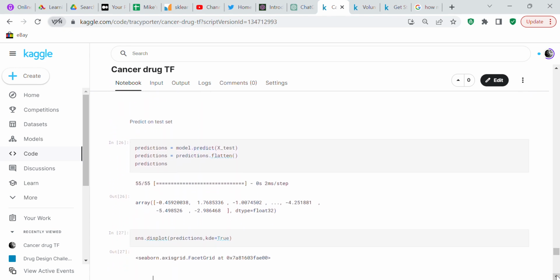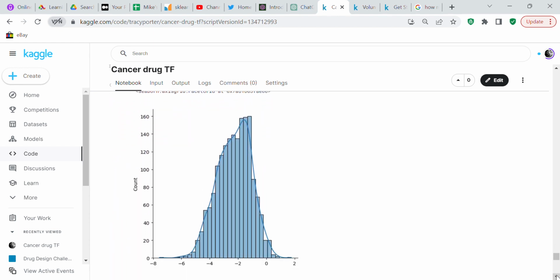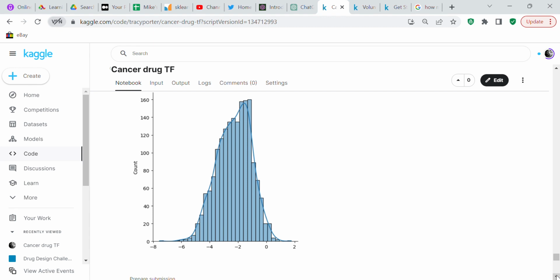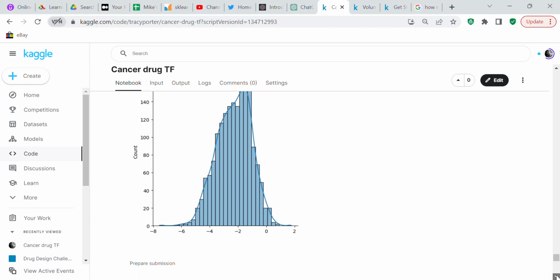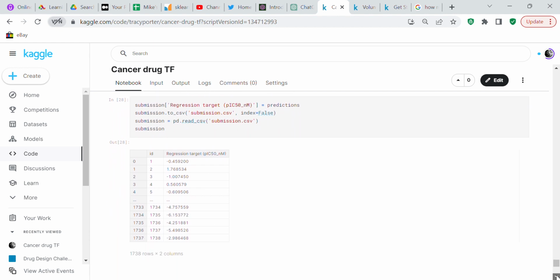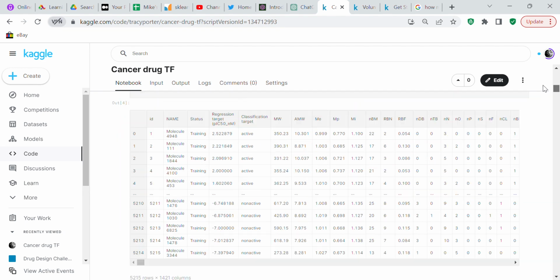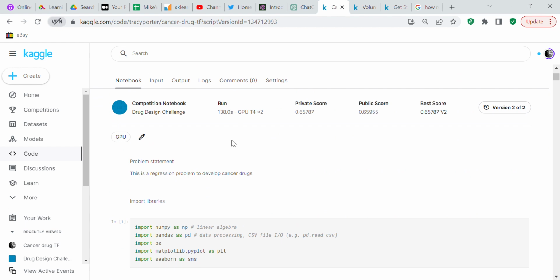And now we predict on the test set, and we get our predictions. I created a histogram so you could see what the predictions look like, and that looked pretty similar to a normal distribution as well. And then we set up the submission file, and that is what we submitted to Kaggle. And when we submitted it to Kaggle, I got a public score of